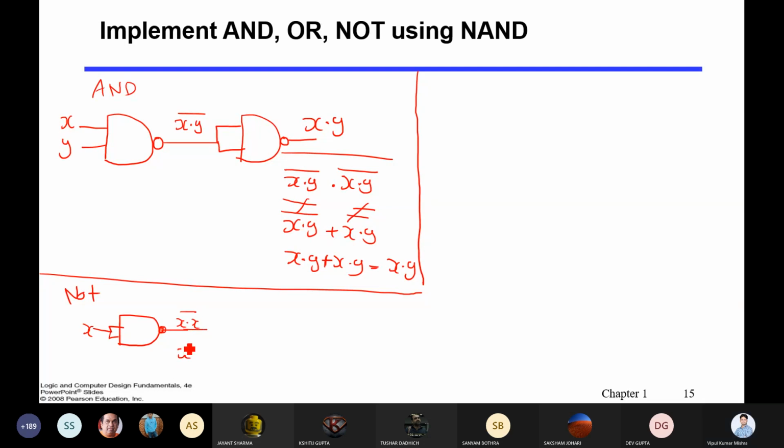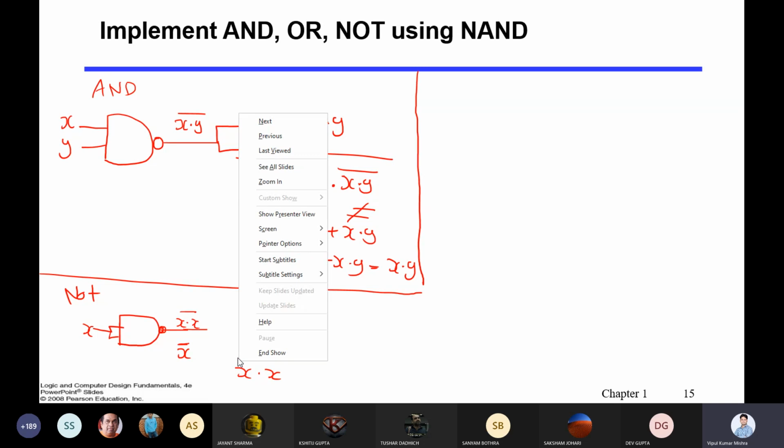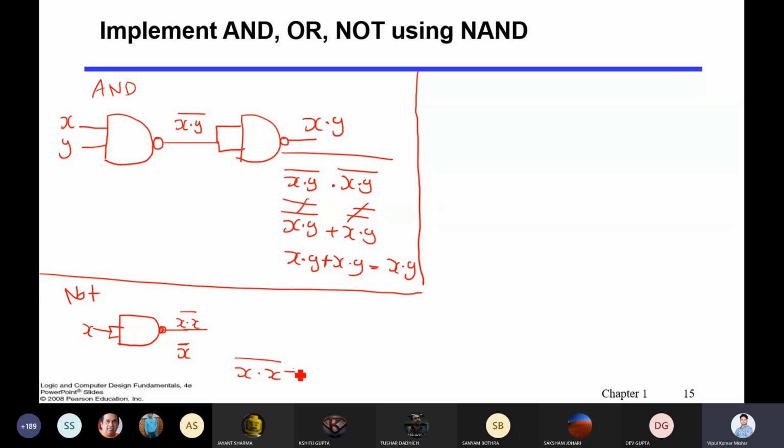X dot X will become X, and the bar is there, so it will be X bar. So this is a simple NOT gate. If you break it, the entire bar becomes X bar plus X bar, and since both are the same, you get X bar.